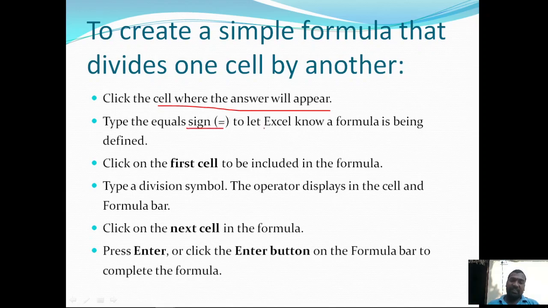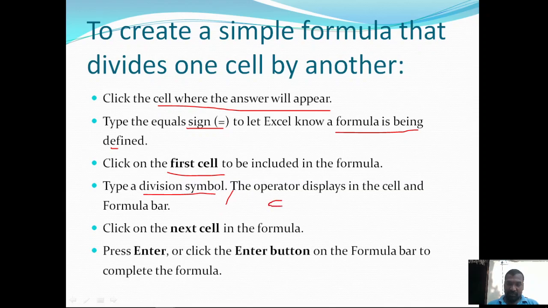After typing the equal sign, Excel will know that a formula is going to be defined. Then click on the first cell to be included in the formula. Then type a division symbol. Here the division symbol is a forward slash, available on the keypad with the number 0.